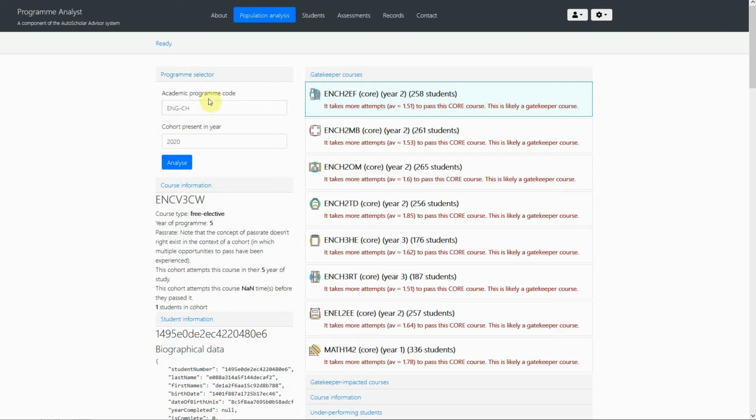courses in this program. First, it identifies which courses appear to require significantly more attempts by students before they're actually passed. This also shows up as students passing the course on average later than they are expected to. For example, it takes this student 1.85 times to pass this course. Additionally, the system has identified that this course is taken by most students in this program. It therefore correctly identifies this as a core course. Since there is low performance and it's a core course, this is a gatekeeper which is limiting overall progression toward